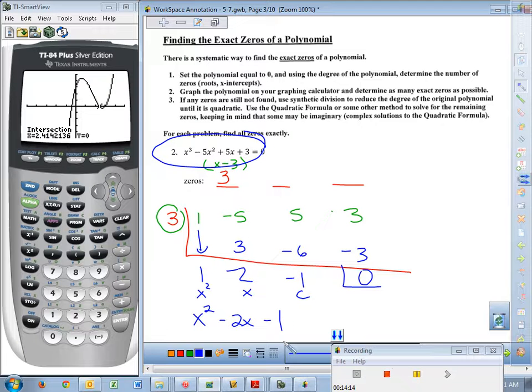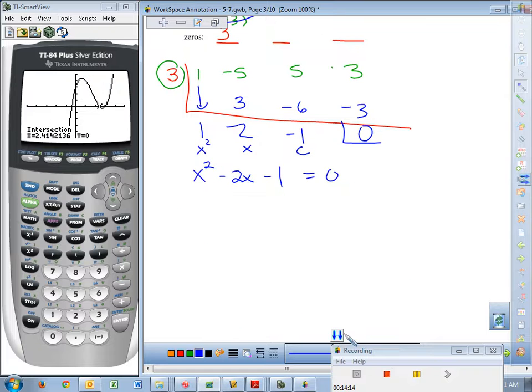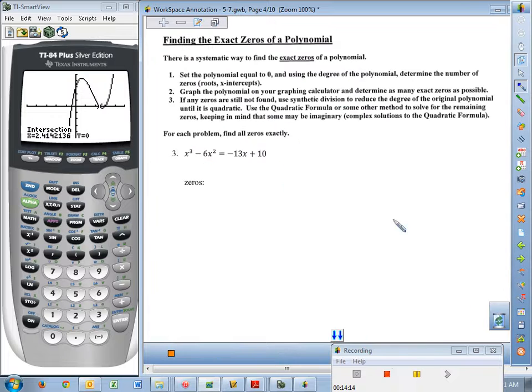That's a quadratic, correct? Can you solve a quadratic equation? Do you know how to do it? Yes. We want to know when this thing equals 0, so you will take this quadratic and set it equal to 0, and let's solve it. And I can tell you already that factoring is going to be a waste of your time. If you go to what the instructions say, use synthetic division to knock it down to a quadratic. That's what it really says. Then it says use the quadratic formula